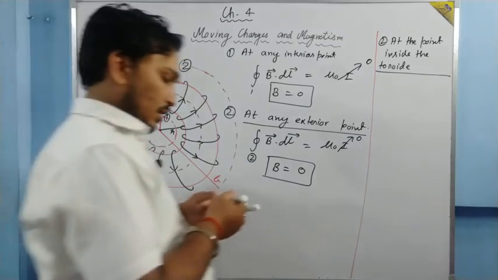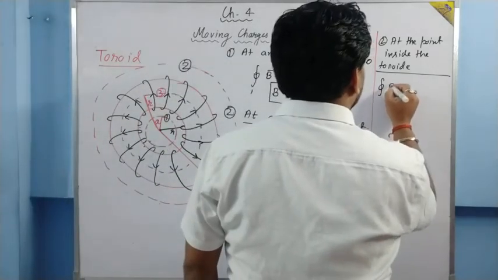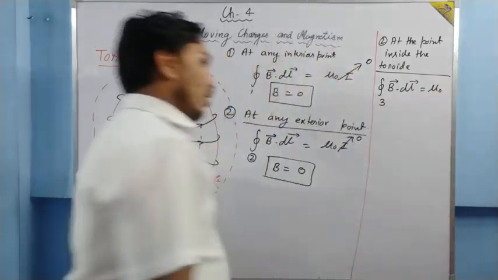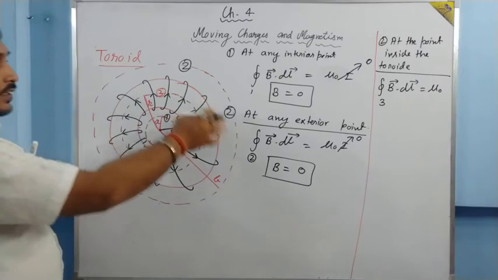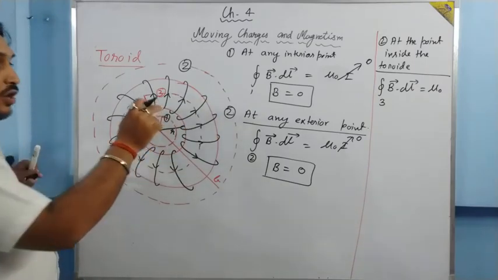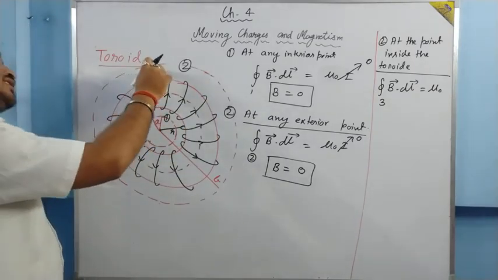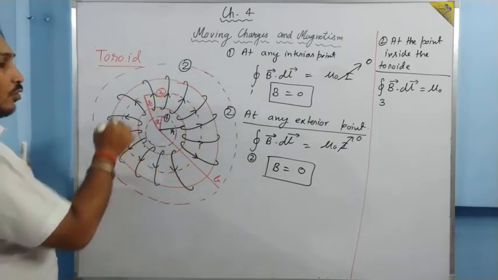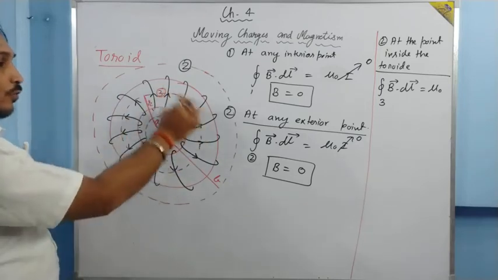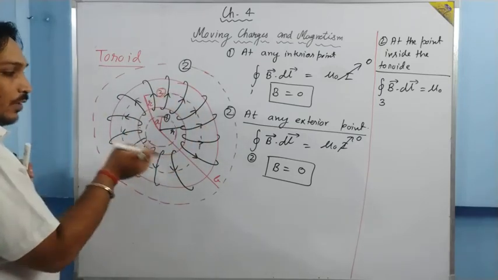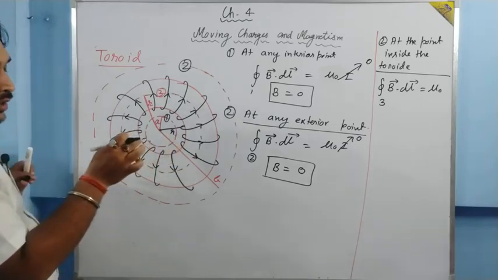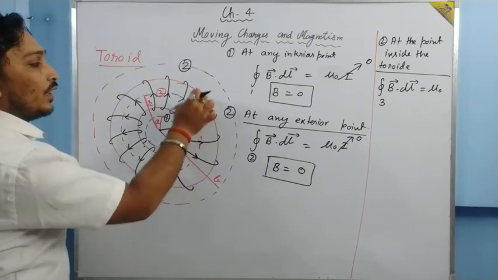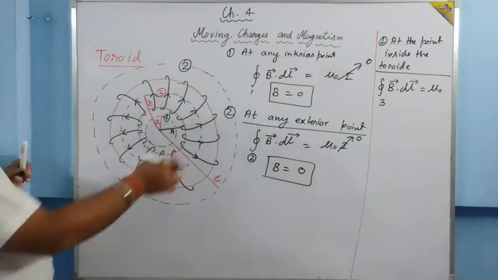Now if we apply line integration of B vector dot dl vector over 3, it is mu naught times... Now just see, all the currents which are going out from this loop, and then they go inside, are out of the loop. This is the area of the loop we have considered. In this loop, inside of it, current is coming out, but when it goes inside the plane of the board, it is out of that loop. So basically all the currents we have to discuss.